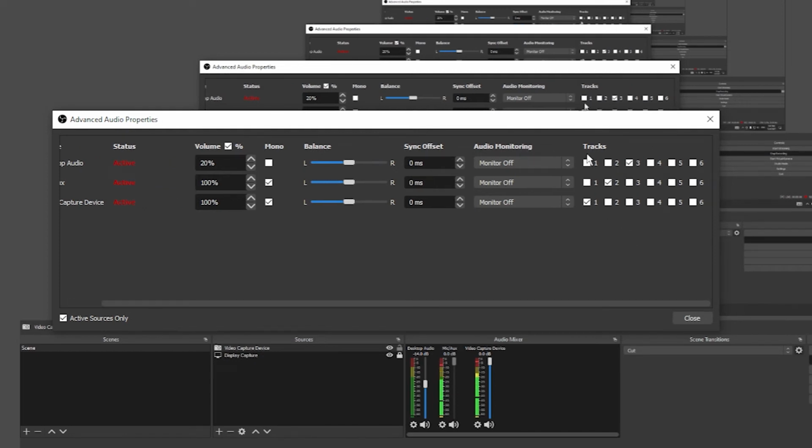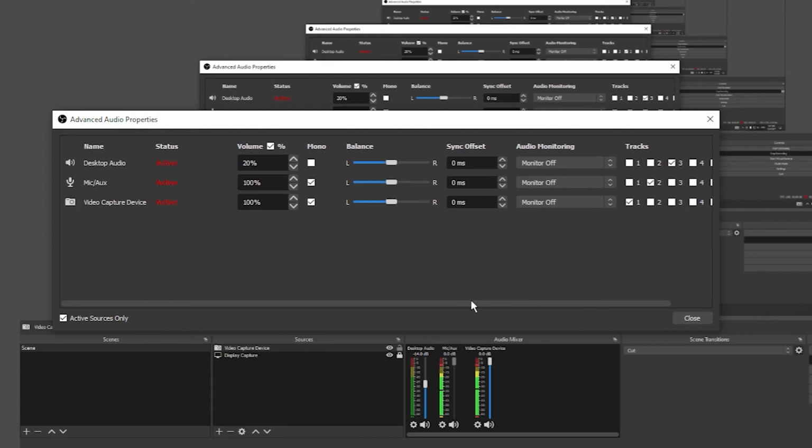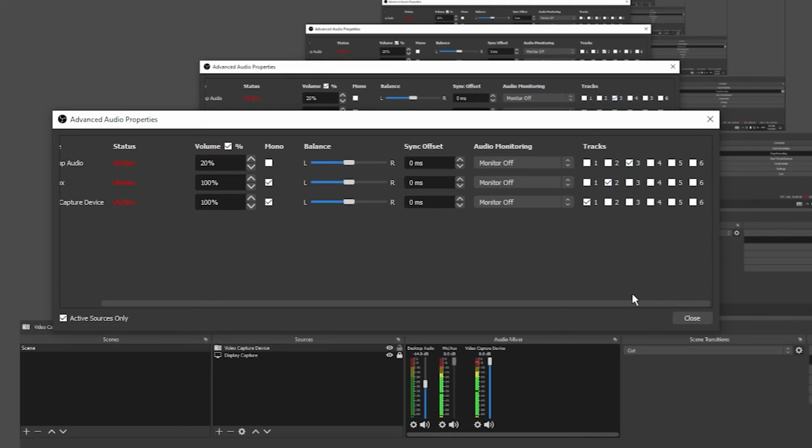Okay, fix it. Here is how you want your tracks. Normally it goes to all, but I want to have one track in each file, not all of them at the same time. So I choose here my camera, track number 1, and then the mic, number 2, and then the desktop is 3, and then I take out all the rest.